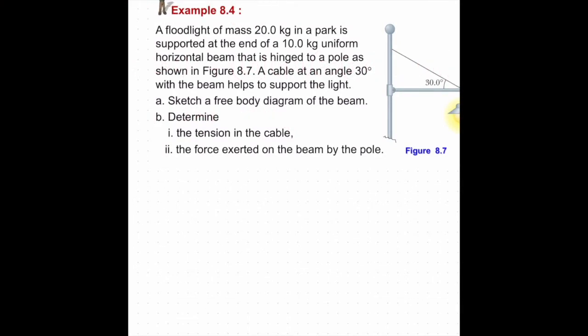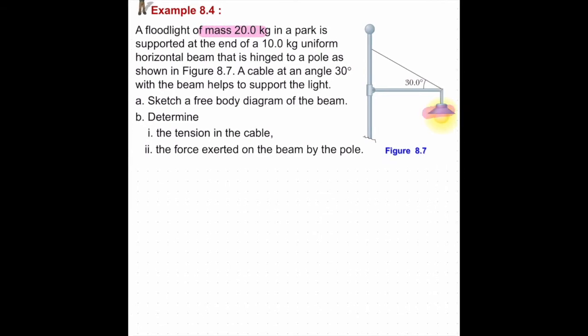Okay, last example is example 8.4, a floodlight of mass 20 kg. This is our floodlight in a park, supported at the end of a 10 kilogram horizontal beam. This is our horizontal beam. The mass of the beam is 10 kilogram, and it is hinged to a pole as shown in figure 8.7. A cable at an angle of 30 degrees helps to support the light. First, sketch the free body diagram and then determine the tension and the force exerted on the beam by the